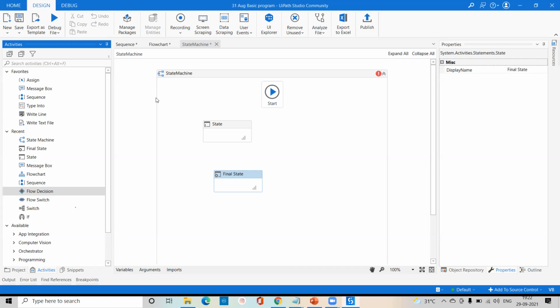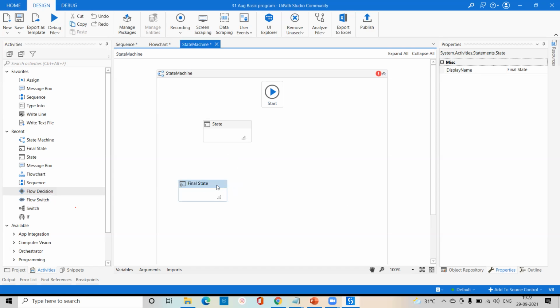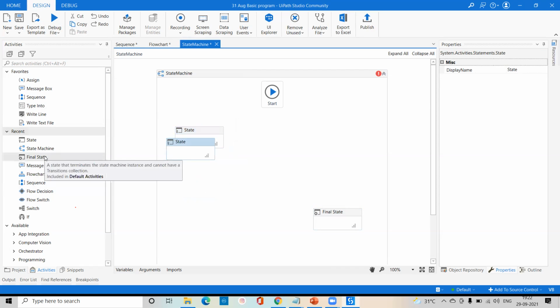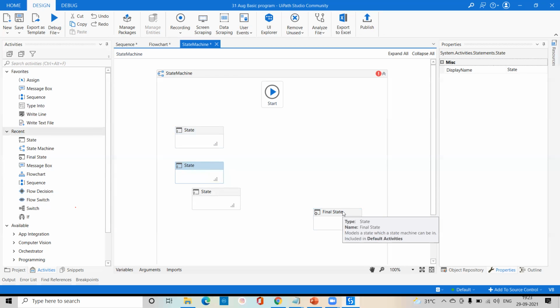So here I can show you multiple conditions. Okay. In state machine, the first thing you have to understand is that only in state machine can we take multiple states. We can take 1, 2, 3, we can take 4. Whatever like that, you can take multiple states in your state machine. Okay. But the limitation is your final state. Okay. So always we try to close the application one time.